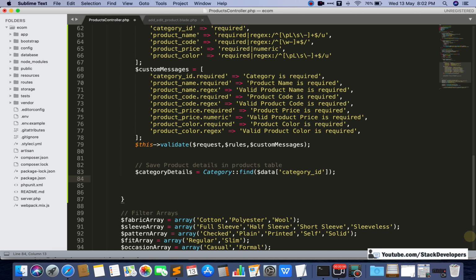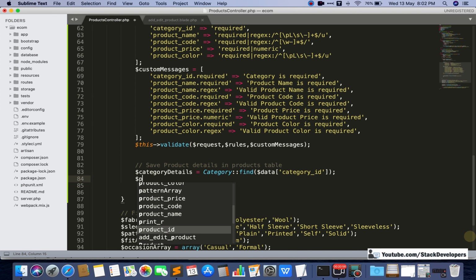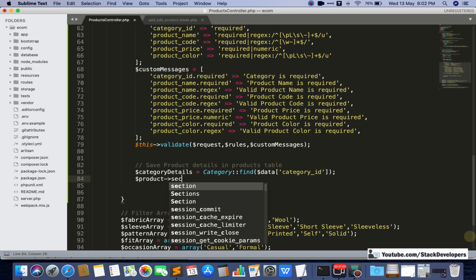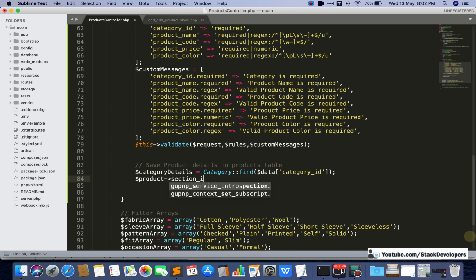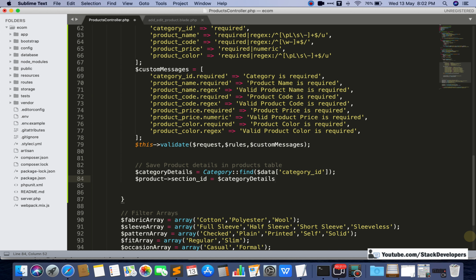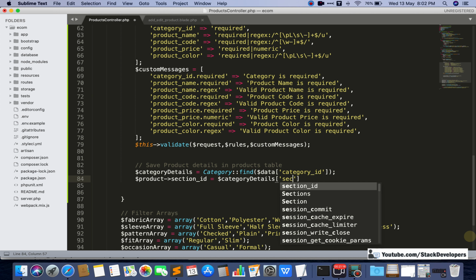So we are going to add the section ID and other fields as well. Product section_id, and this one we can fetch from the category details. Section ID, like this.